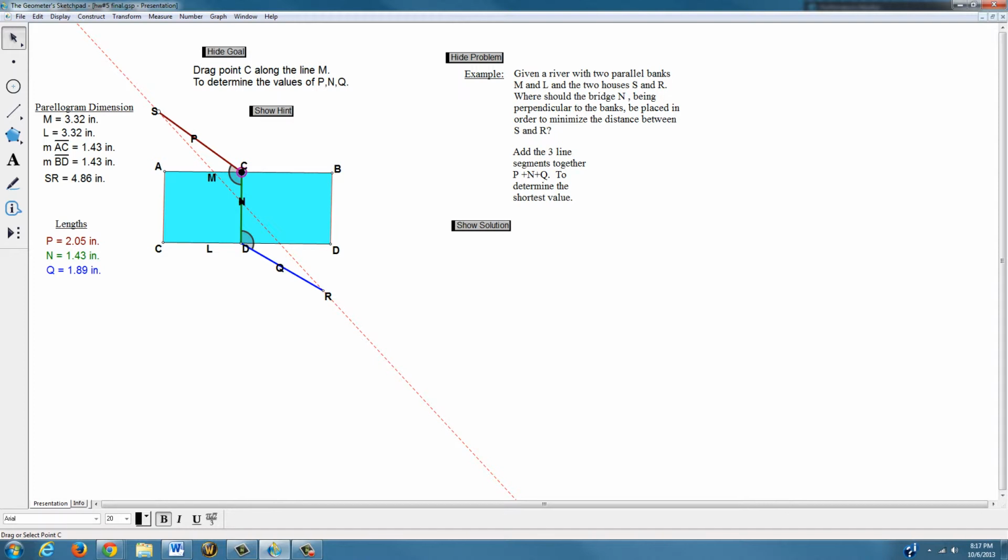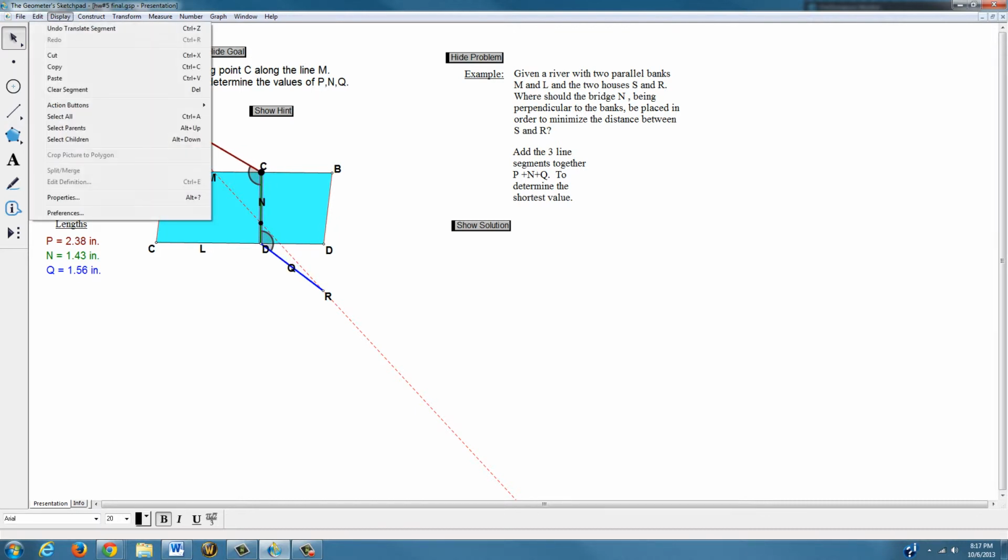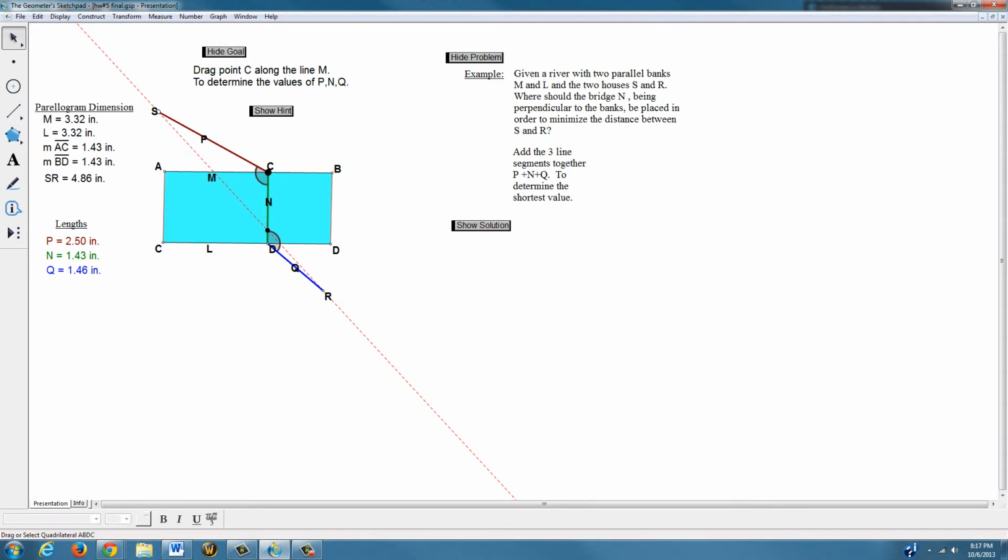So the best way you'd think to accomplish this was to have the shortest distance for P, or the shortest distance to R, but in doing so it'll create longer distances oppositely of each other. So the best way to find the correct distance would be to show the hint, which would match the angles until they are equivalent to each other. The first angle SCD and the second RDC, which is shown